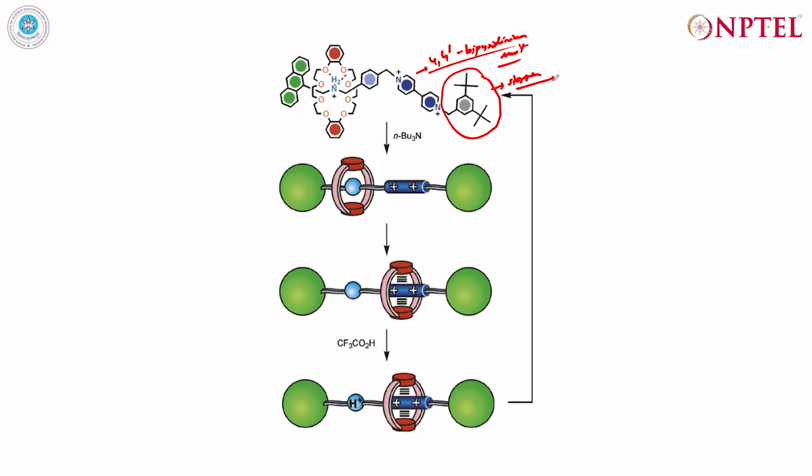Okay, now when you add a base, the addition of a base deprotonates this hydrogen, and once it deprotonates, then you destroy the charge assisted hydrogen bonds. When you destroy the charge assisted hydrogen bonds, there is a movement of this macrocycle from this particular station, say S1, to this particular station, say S2. Okay, why? Because now this particular configuration stabilizes the crown ether